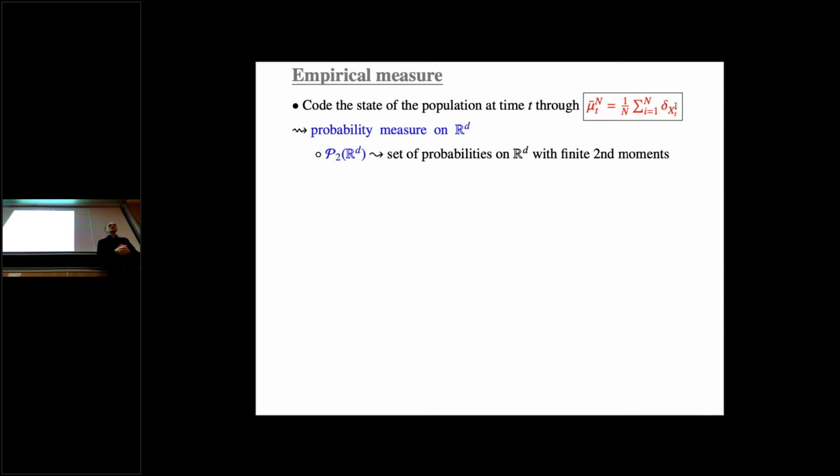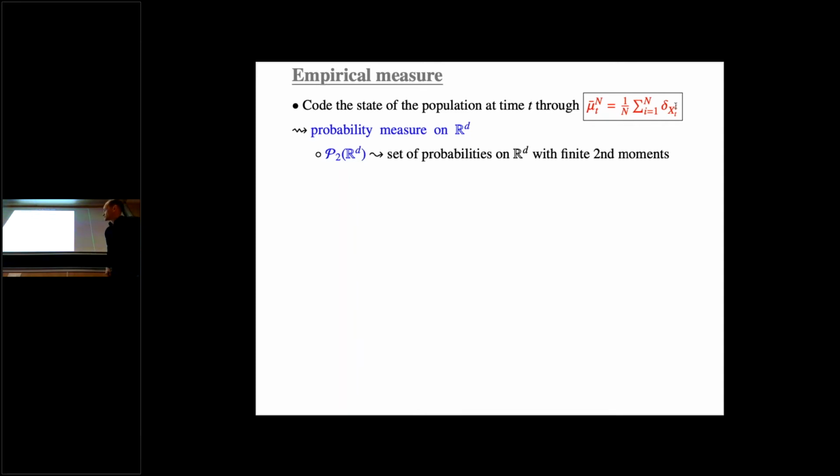Just to remember or to refresh your mind, for sure you know this. If these are the initial conditions, so t is equal to 0, these are the empirical measure of the original conditions. If those initial conditions are IID, then when n tends to infinity, this converges towards the theoretical distribution of the population. I'm going to use this next, but for sure this is one object that you know from probability theory.